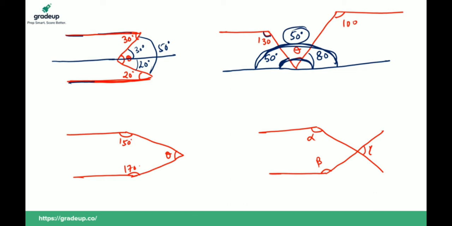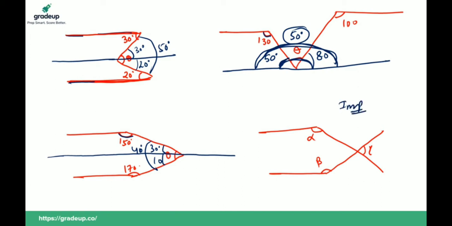All right, guys. Now let's move to the next question. Now draw a line again parallel to this. If this is 150, then this should be 30 degrees. If this is 170, this should be 10. So this angle should be 40 degrees. I hope this point is clear to all of you. Now this is a very important question.